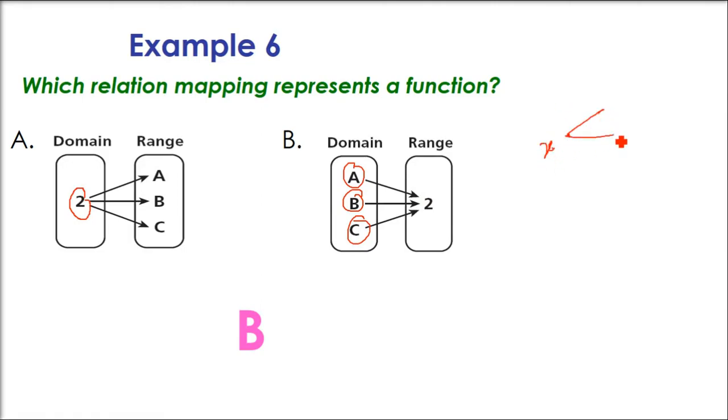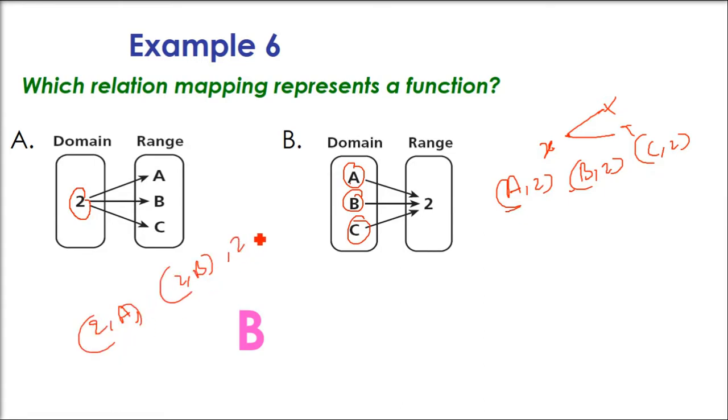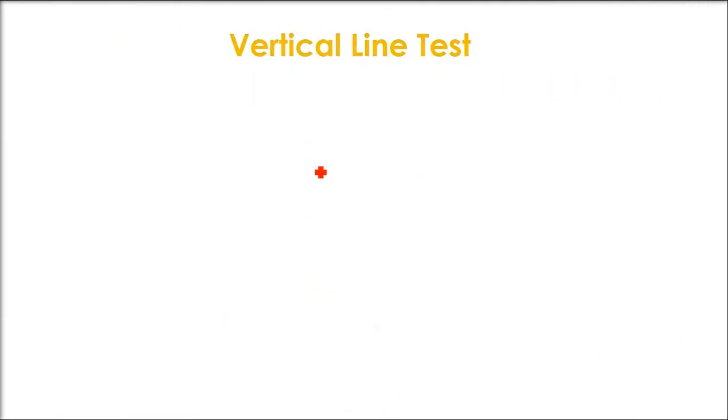One multiple x value is only forbidden. X can be a, b, c; these are all different values. (a, 2), (b, 2), (c, 2). See, nothing is related in the x coordinate or the x value. But if you see here, 2a, 2b, 2c, so 2 is repeated. The first value shouldn't be repeated in a function. So this is not a function.